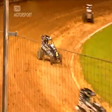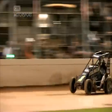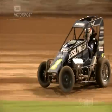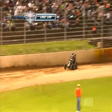Pickens, though, he's starting to reel him in, Graham. Yes, he is. I'd say those changes are starting to work, and he's really finding his groove now. He may well run out of laps. We don't want to preempt anything here at Western Springs because it could all happen with the white flag flying,